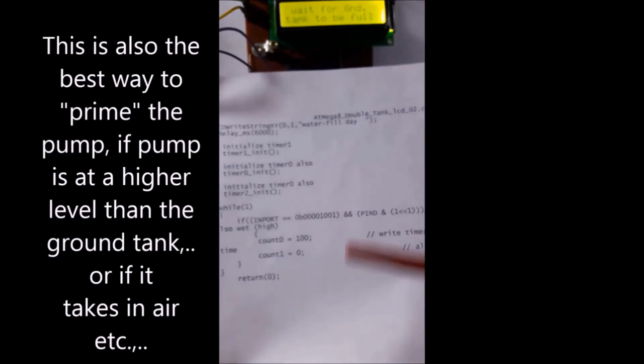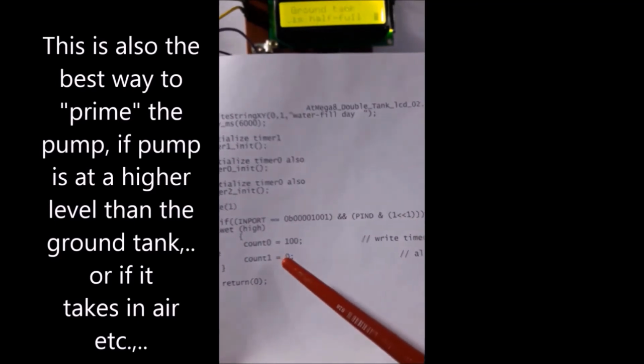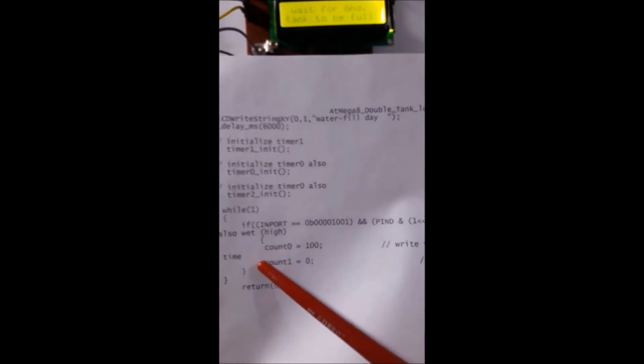But to make the repeat time accurate and less, at 30 seconds, this count is set here under these conditions. When flow is reaching, the bottom tank high level is there and the bottom tank low level is there. If these two conditions are present, then the count will be written like this, so that the repeat accuracy is taken care of in the main. That is all that is in the main, and that is the end of the program.